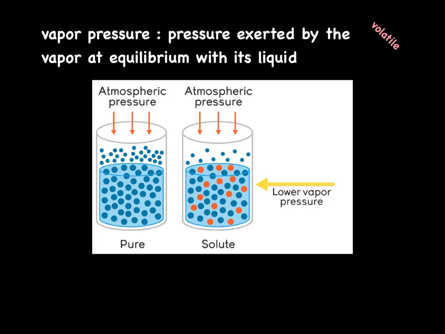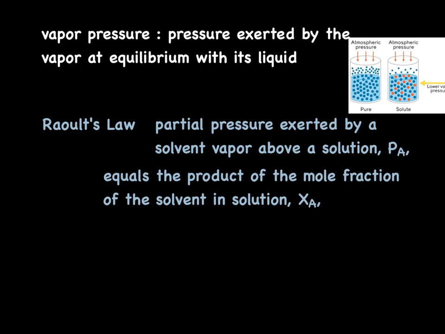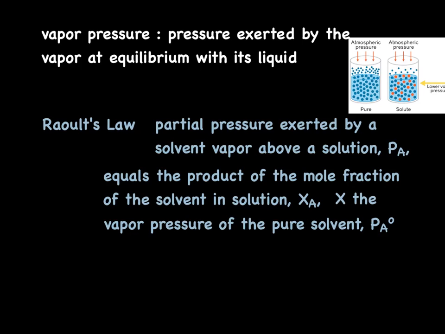If we add a non-volatile solute to a solvent, the vapor pressure is lowered. Because of the presence of this solute, more of the liquid is prevented from moving into the gas phase. This relationship is expressed by Raoult's law, which states that the partial pressure exerted by a solvent vapor above a solution, or P sub A, equals the product of the mole fraction of the solvent in solution, or X sub A, times the vapor pressure of the pure solvent,